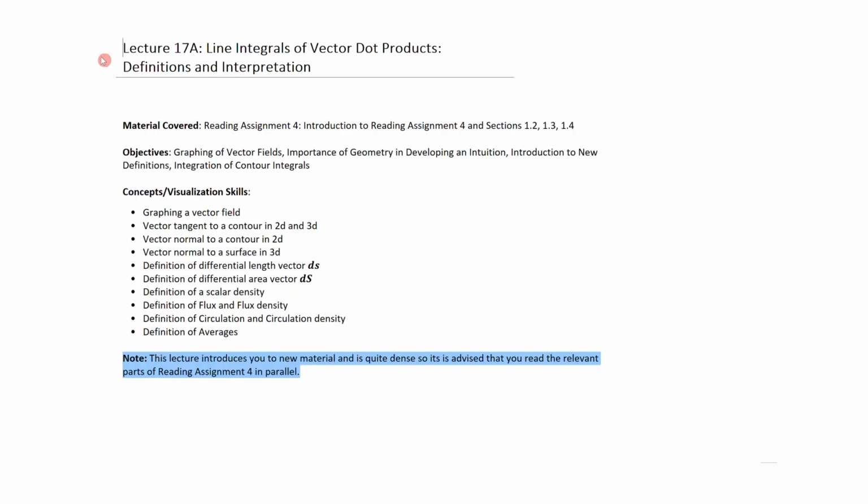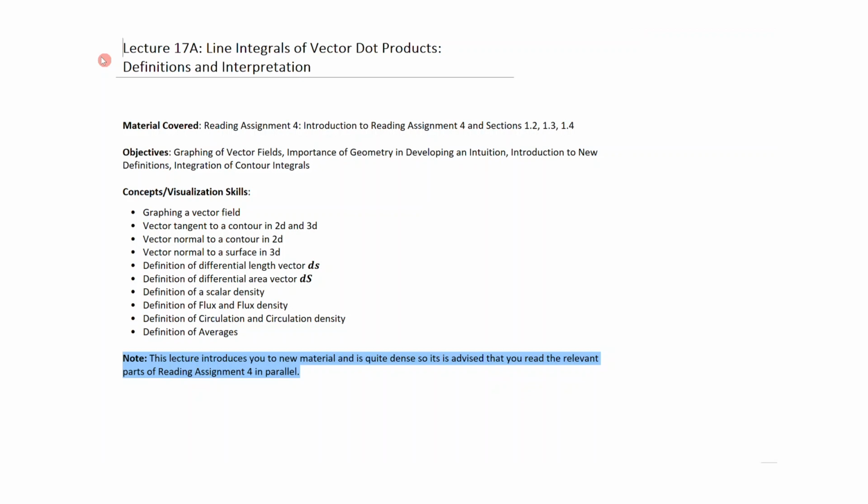Welcome to Lecture 17a, entitled Line Integrals of Vector Dot Products, Definitions and Interpretation. So this material in this particular lecture comes from Reading Assignment 4, namely Introduction to Reading Assignment 4 and sections 1.2 through